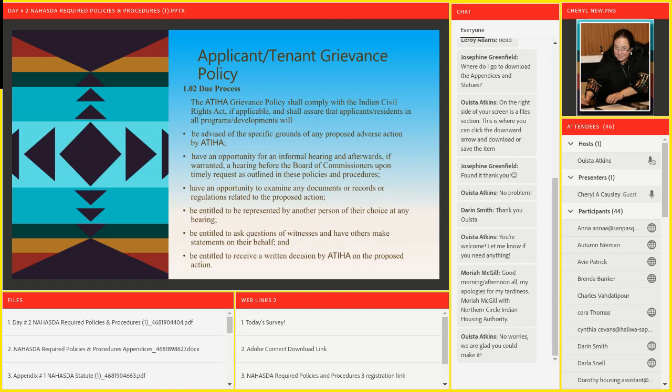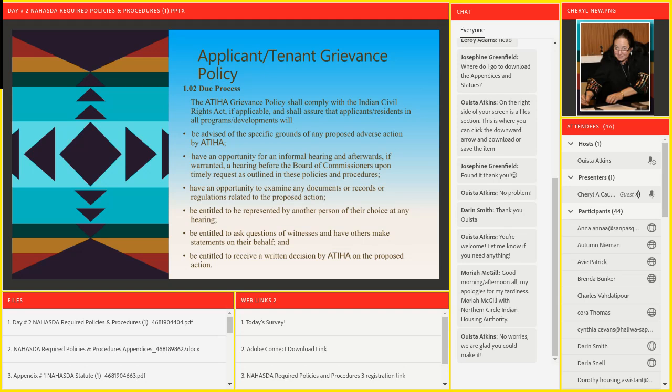Your due process. Your grievance policy shall comply with the Indian Civil Rights Act if applicable, and shall assure that applicants and residents in all programs and developments will be advised of the specific grounds of any proposed adverse actions by your housing entity, have an opportunity for an informal hearing, and afterwards, if warranted, a hearing before your governing body upon a timely request as outlined within your policies and procedures,